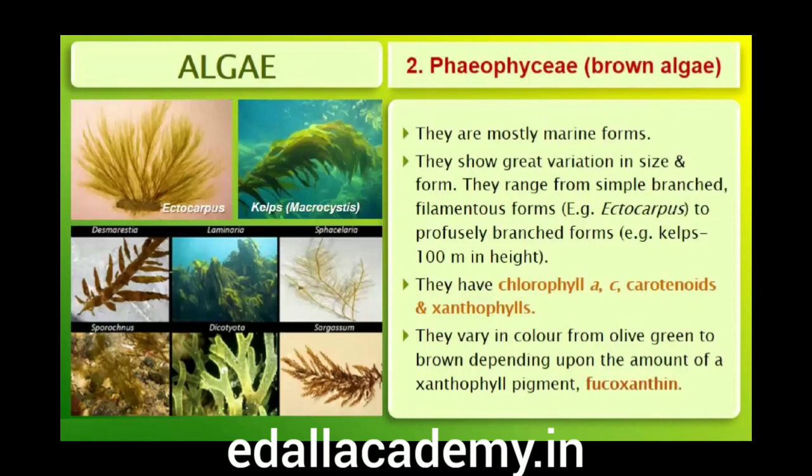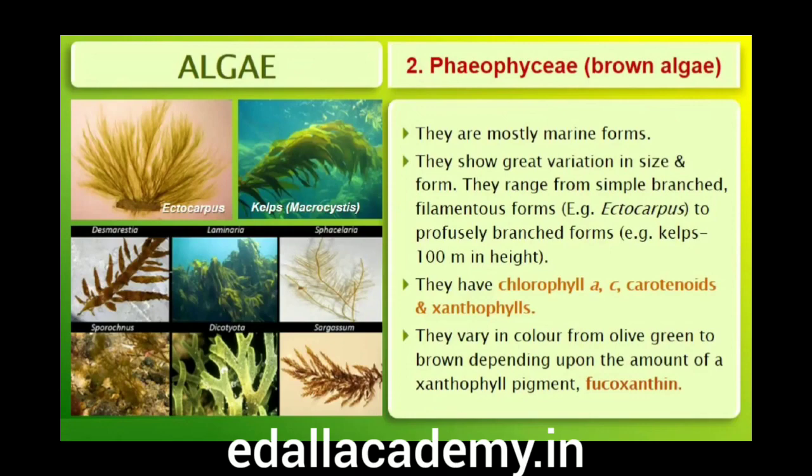3.1.2 Phaeophyceae. The members of Phaeophyceae or brown algae are found primarily in marine habitats. They show great variation in size and form. They range from simple branched, filamentous forms (Ectocarpus) to profusely branched forms as represented by kelps, which may reach a height of 100 meters. They possess chlorophyll a, c, carotenoids and xanthophylls. They vary in color from olive green to various shades of brown depending upon the amount of the xanthophyll pigment,